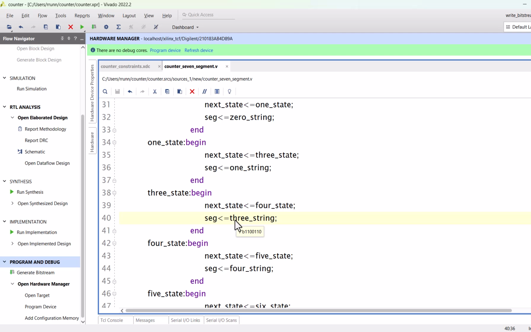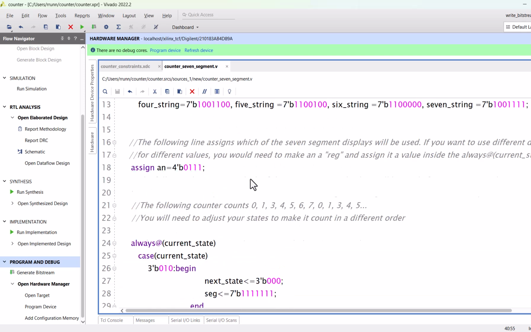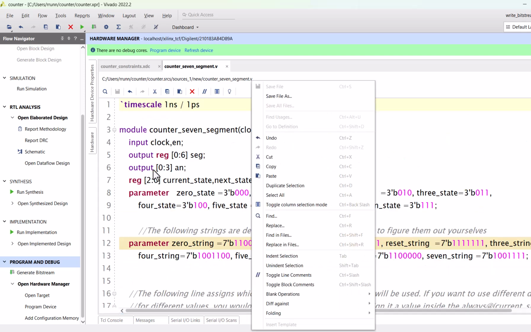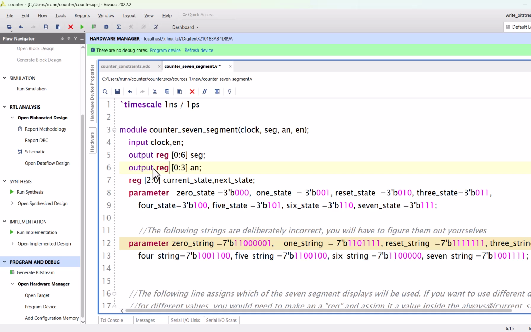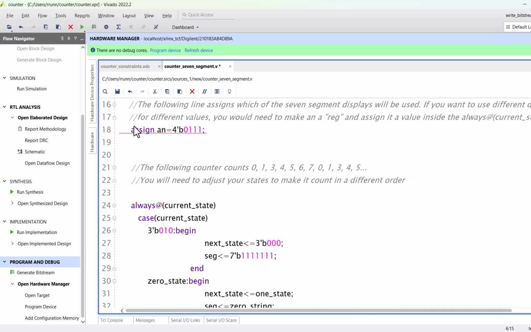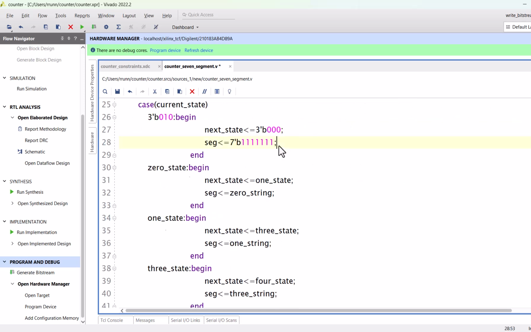So for us to do 20 though, we would do second state and then AN for the second position, right? The AN's just to correlate which number on the display you want, right? Right. So if you wanted to change the displays, you would do reg here. You would take this out, and then on each one of these, you would have